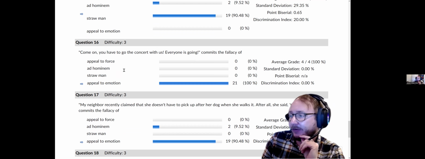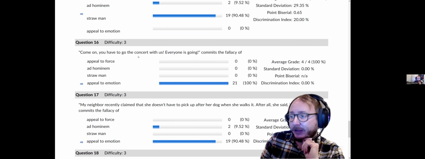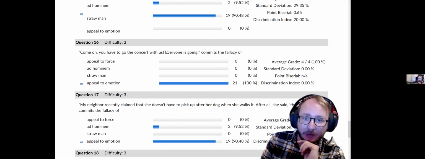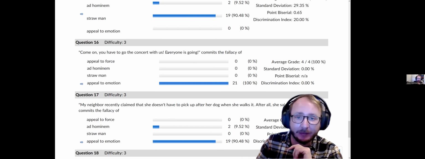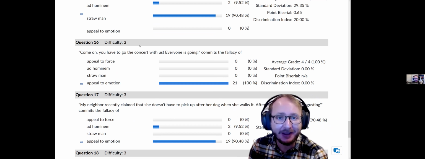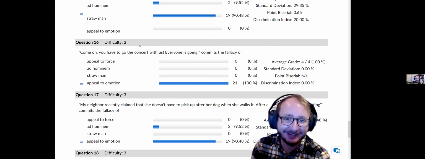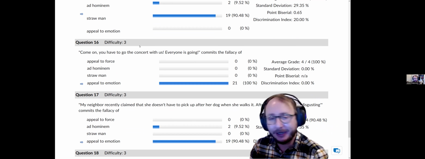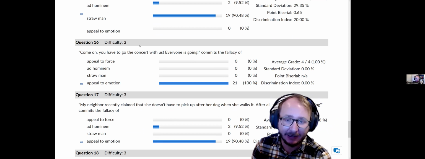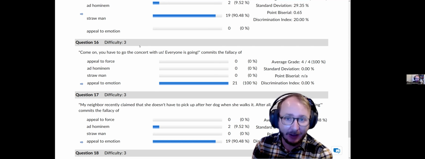Question 16 is appealing to your FOMO, your fear of missing out. This is an appeal to emotion as a result. It's also called the bandwagon appeal. Like, everybody get on the bandwagon, everybody's doing it, right? You may have heard your mother say, would you jump off a bridge if all your friends were doing it? That's pointing out the basic fallacy in the bandwagon appeal, which is that sometimes the group is wrong, and sometimes you have good reasons for not going along with the group.